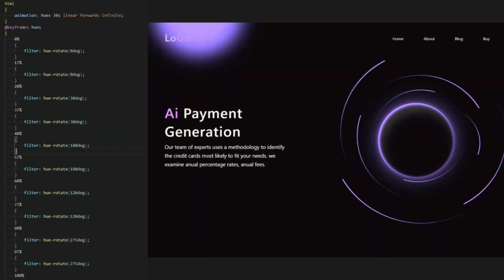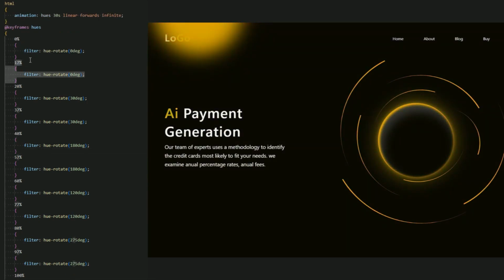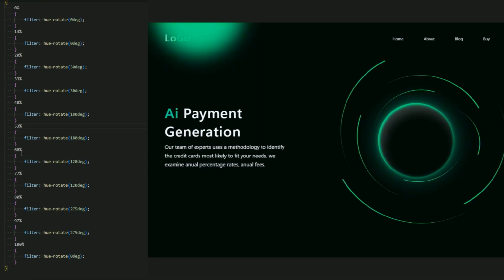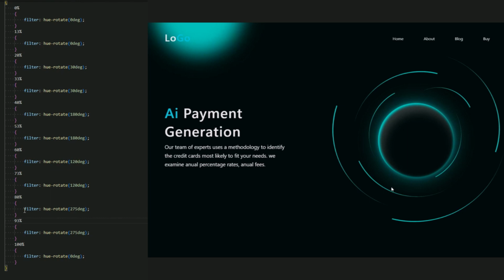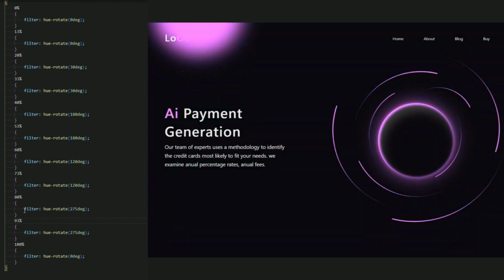The machine is working, guys. And if you don't like the keyframes that you added, you can just add, for example, 13%, and this will be 33%, 53% to change the color, guys. 73%, and this will be 93%. And as you can see, the website is now something different. But as I said, guys, you can add custom keyframes and custom colors as you like in your website. This animation is very good.